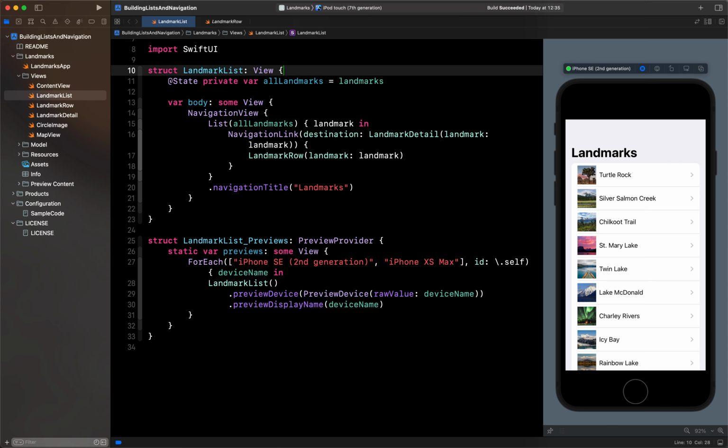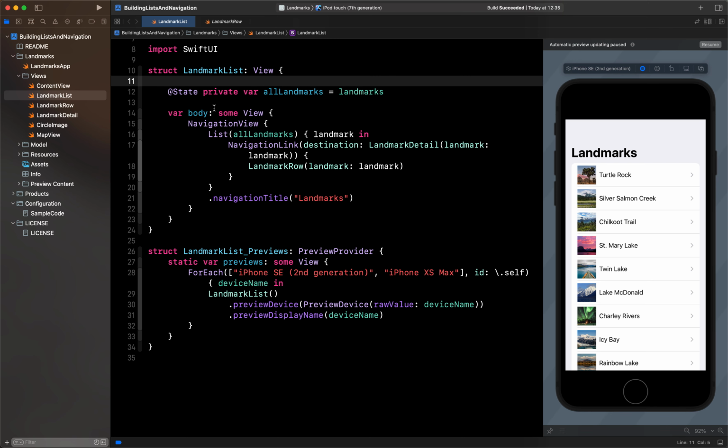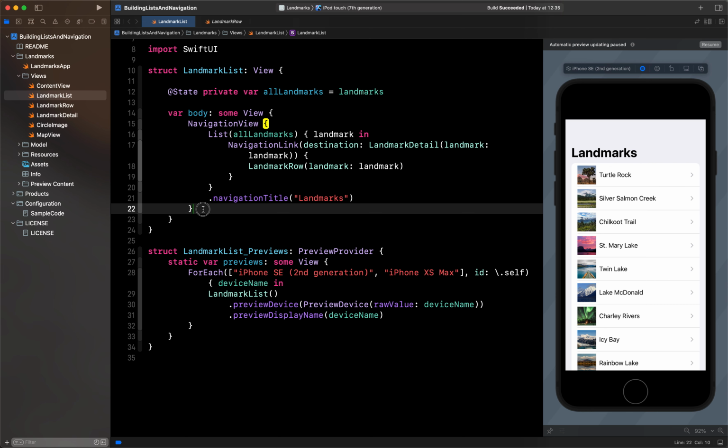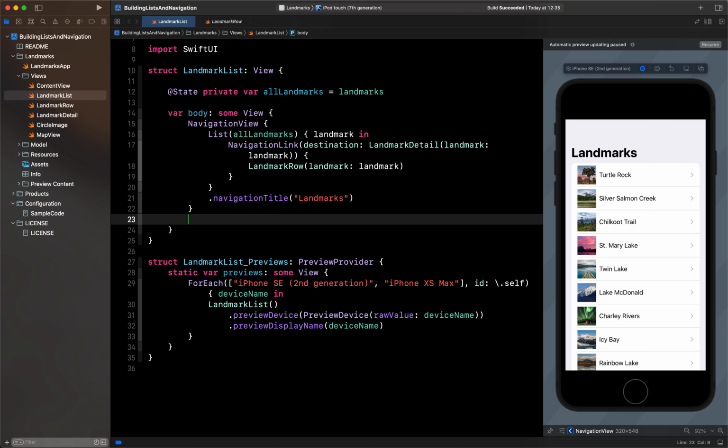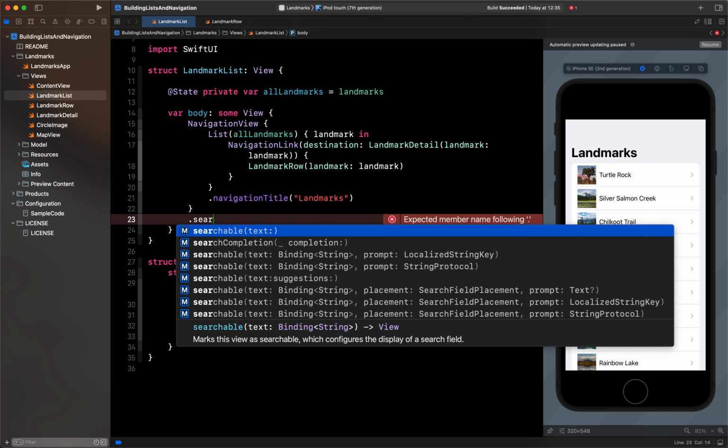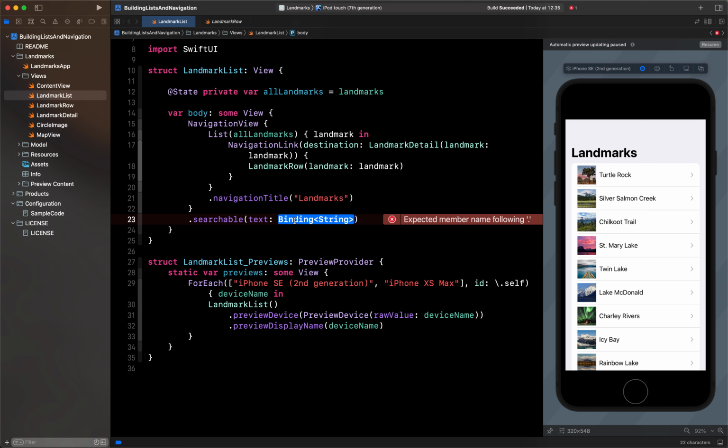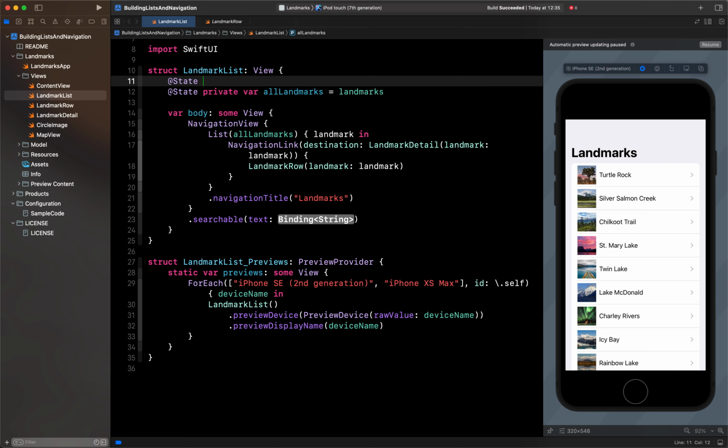First, we need to create a state variable which will hold the search text for us. Why we need that, we will also cover. So let's first add the searchable modifier which I talked about at the start. It is like this. I will say searchable and text, and you can see here it wants a binding property. So for that we need to create a state property at the start.